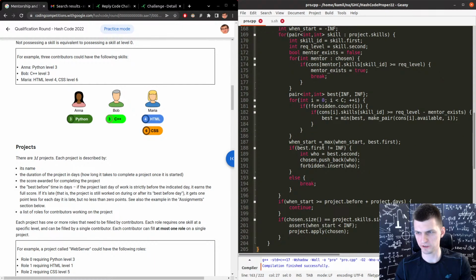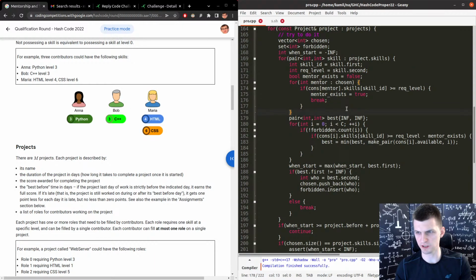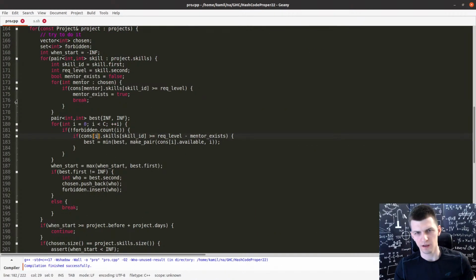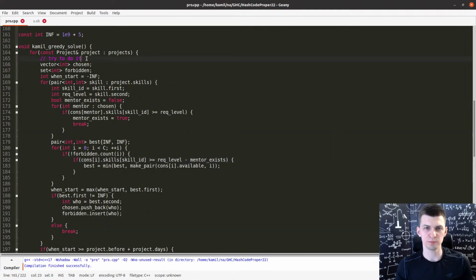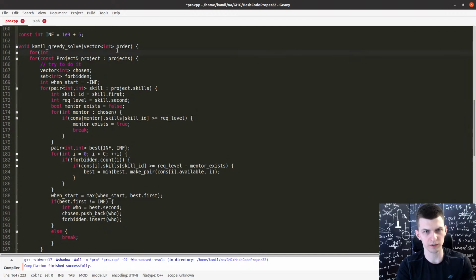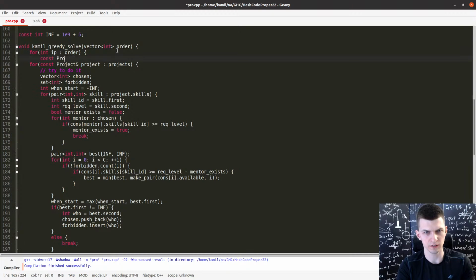Also, I think that this version of code doesn't scale them up, but that's fine. I will copy something from the bigger version of the code. So, I will say that this gets order of projects. And now for every IP, let's say in order, that's project ID.